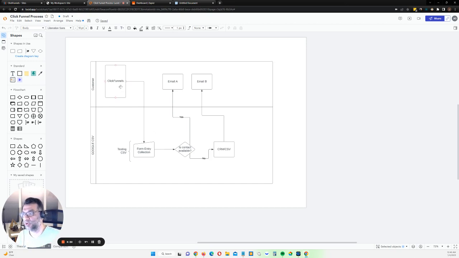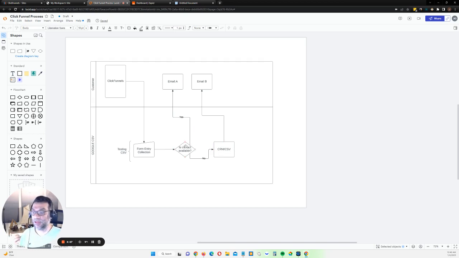Based on Zoho Flow, we're going to add this information in ClickFunnels. When we do our testing, this information is going to go to the CSV file using Zoho Flow. From Zoho Flow, we're going to fetch this information from the CRM, and we're going to see if, based on the criteria, this information already exists in the CRM,